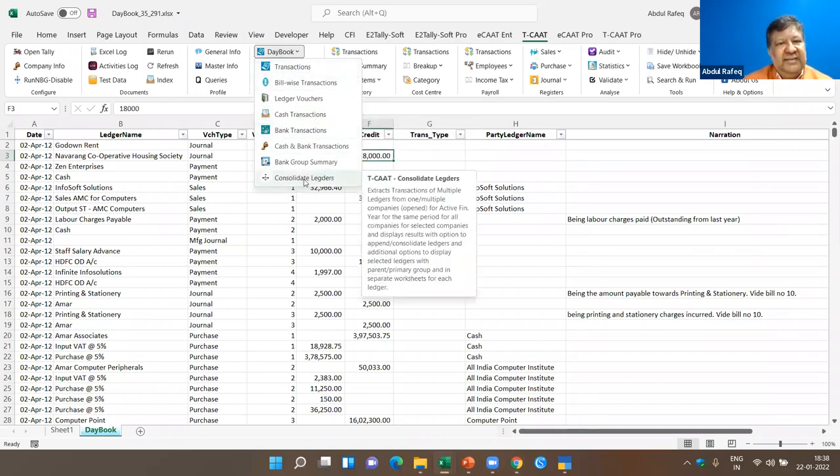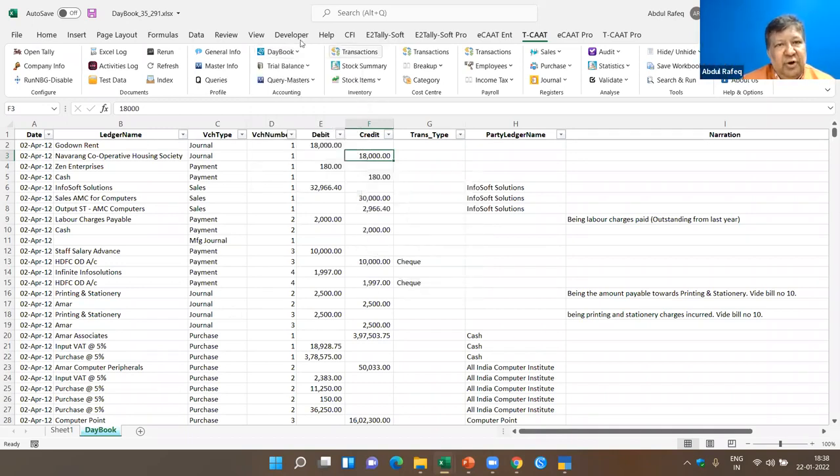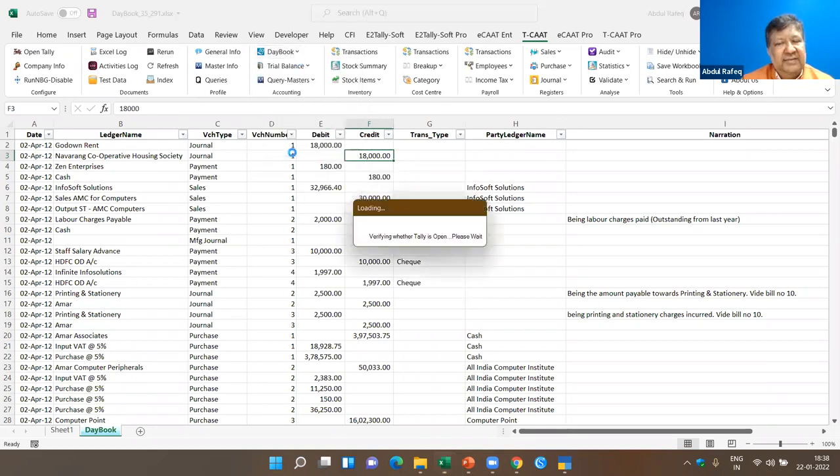I want to consolidate ledgers. For example, I got the TDS, and under TDS there are TDS 2.5%, 5%, 10% like that. I want to consolidate all the ledgers of TDS. I can also do that. Not only that, when I go to daybook transactions,